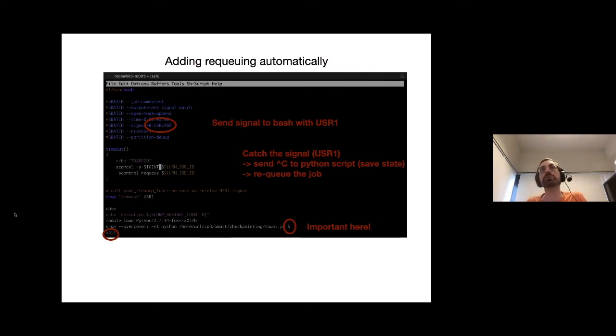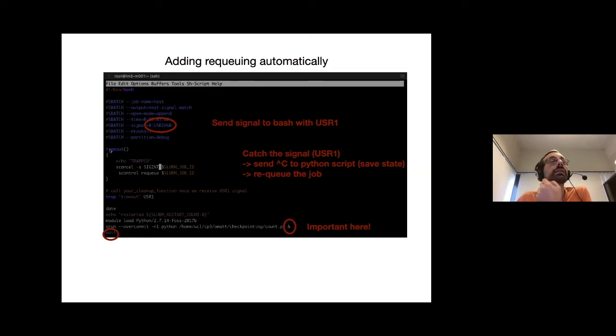Okay, this is another way to do the same thing. I will not spend too much time because otherwise I will be over time. But this is an example of how you do the same example, in this case, still using srun. But here you put the catch of the signal in bash.